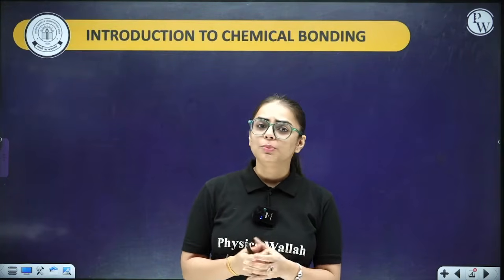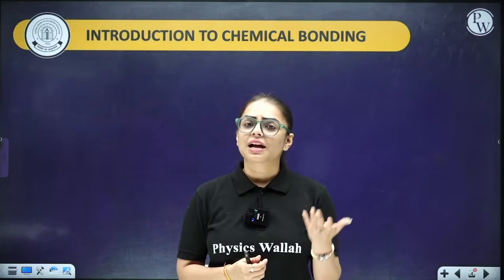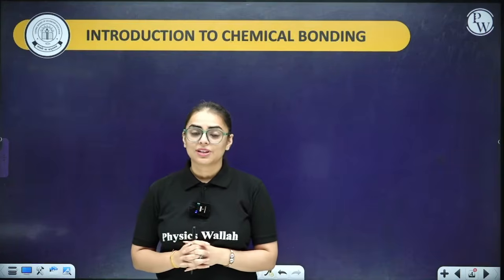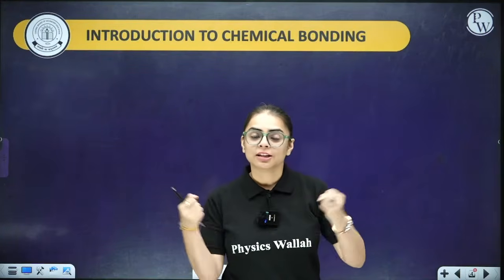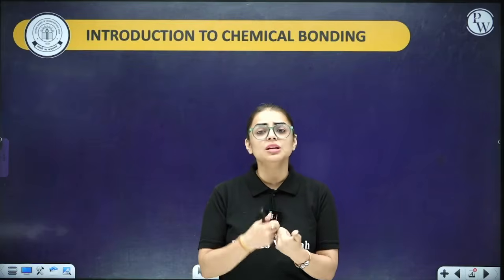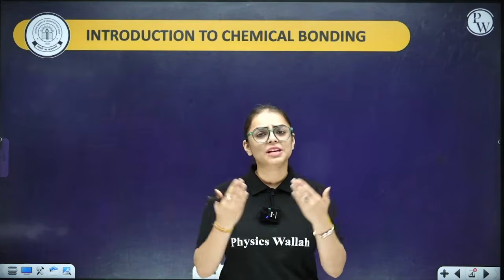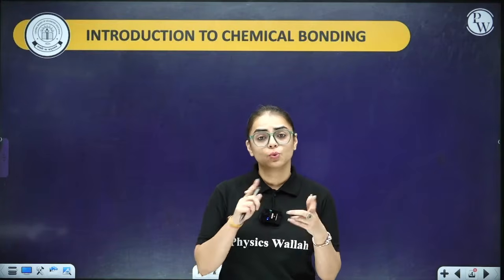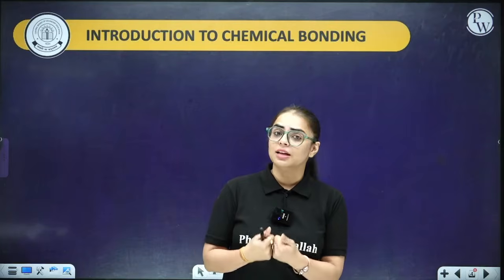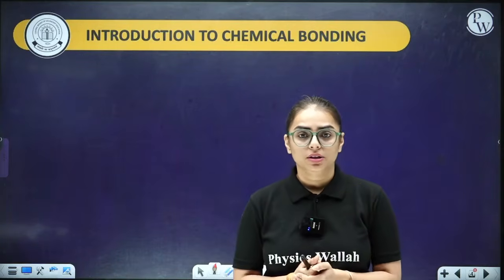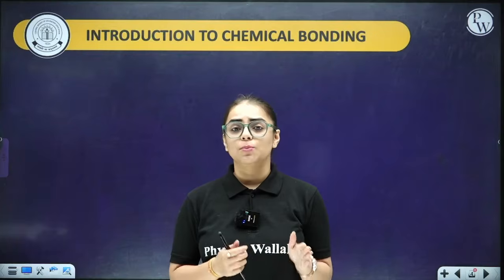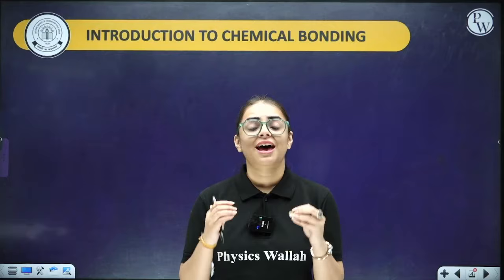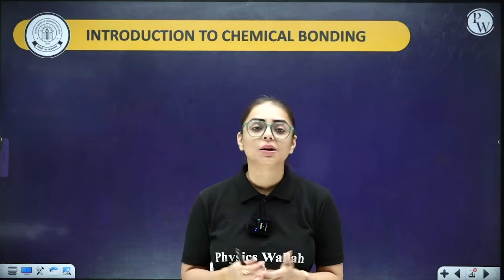Now, what kind of bonding between atoms? What kind of attraction between atoms? We are going to understand it. Attraction can be like one positive and one negative ion attracted towards each other. That attraction in other terms is a bond. That sharing of electrons in other terms is a bond. One atom donating electrons and creating a bond, right? That is a bond. So bond is not a thread, bond is not a line, bond is basically sharing and making a complete molecule which has the octet complete, a configuration complete.